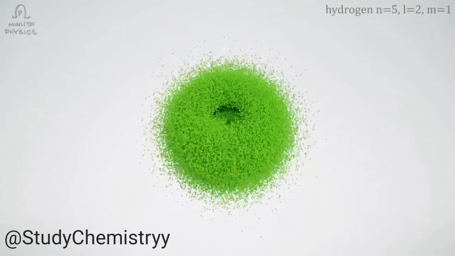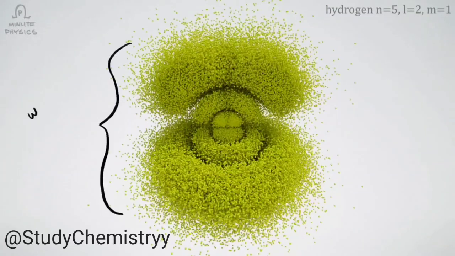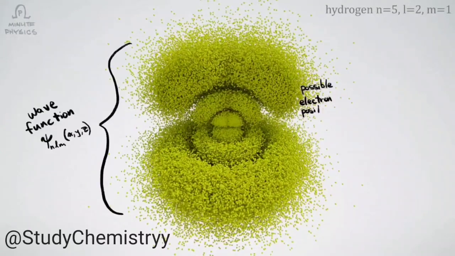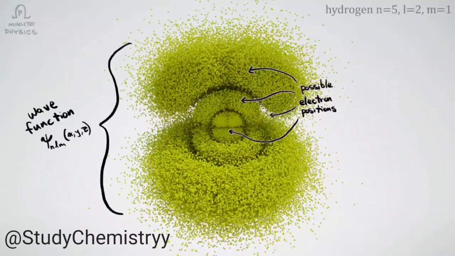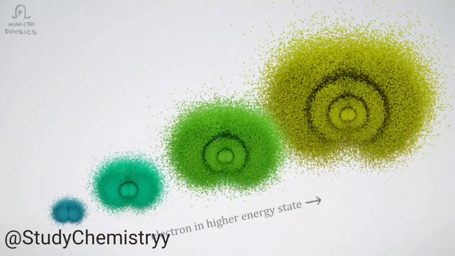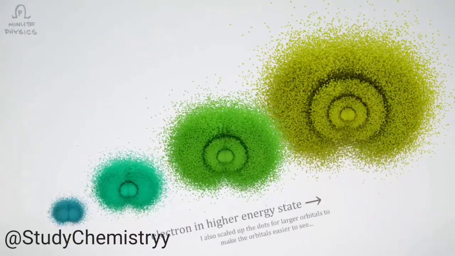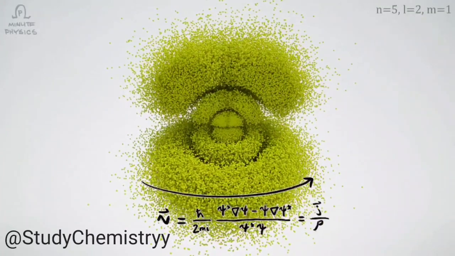Okay, so I do have to be clear. The dots don't each represent a separate electron. The whole collection represents the wave function of a single electron, and the individual dots represent all the places that electron could be. A higher density of dots means a higher probability of the electron being there. The bigger orbitals are the ones with higher energies, because electrons with more energy are more likely to be far away from the nucleus. The motion of the dots is showing the flow of the wave function, and does correspond